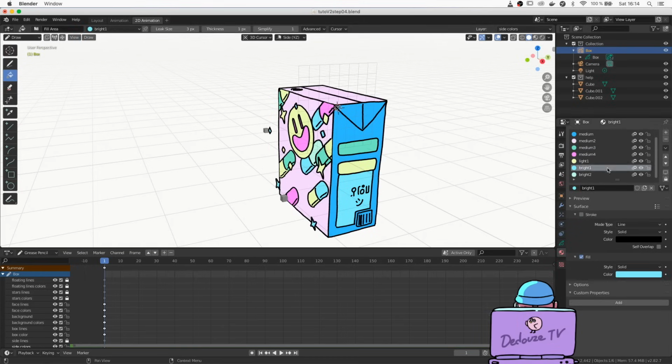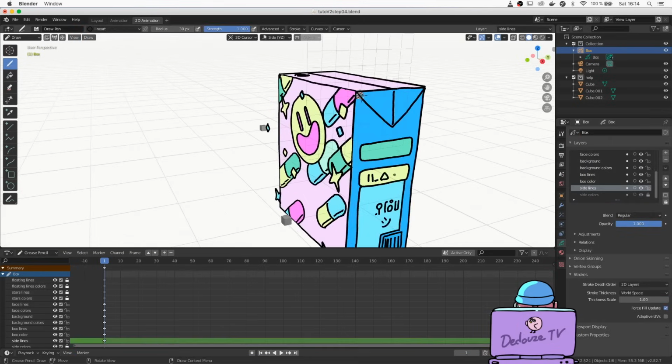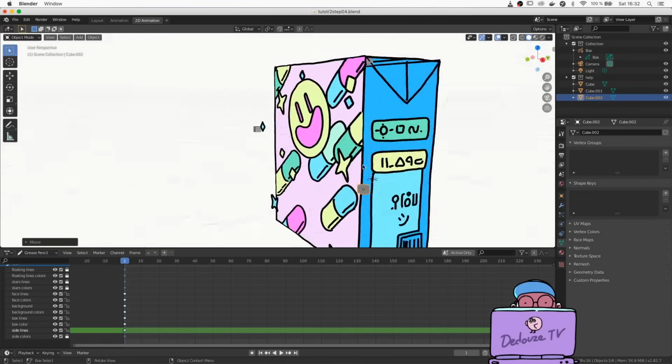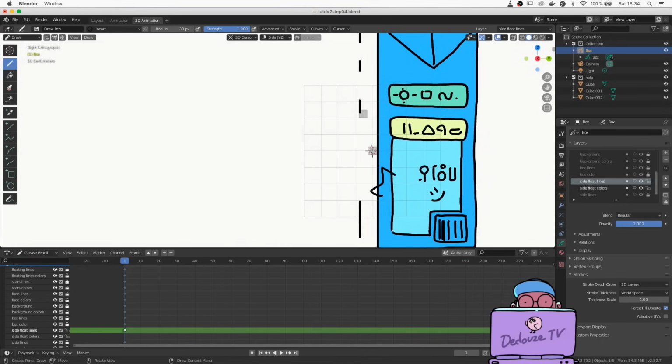You can even reuse the technique of a little cube on the front to draw some little drawings outside of a cube. Here, as an example, I'll duplicate one of the cubes, I place it outside on the right, I place the 3D cursor there and I draw new stuff floating here on the side that I will animate later.